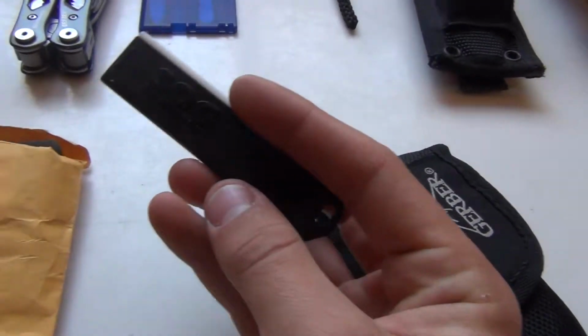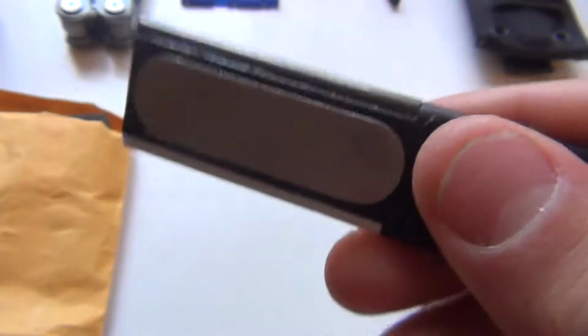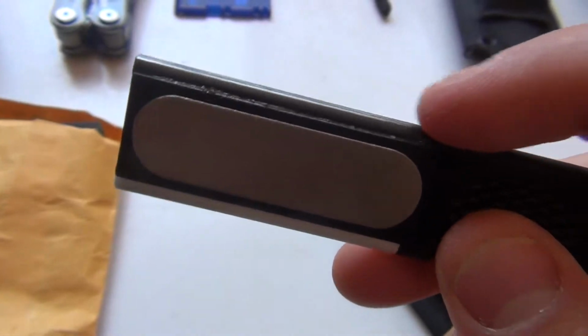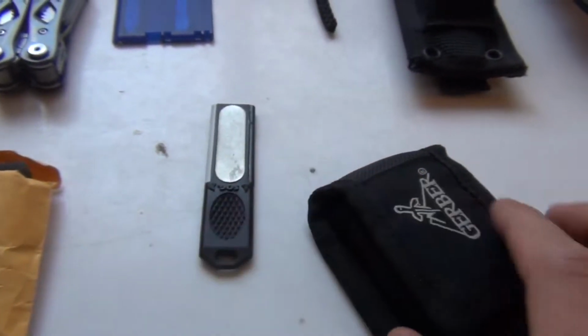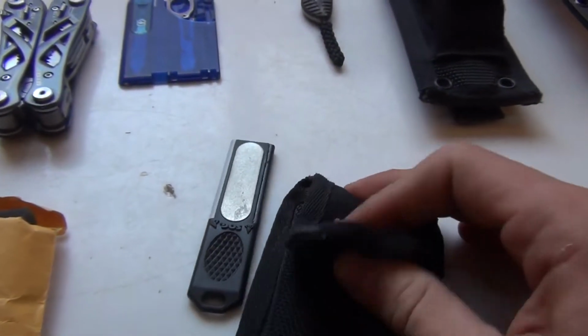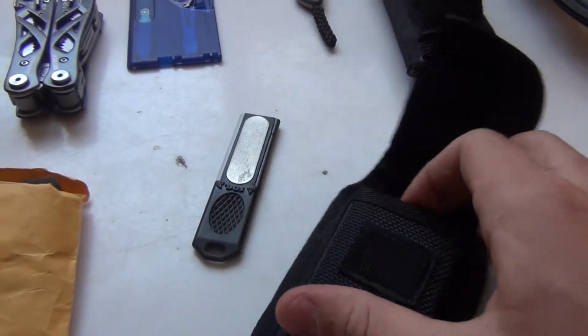This is a SOG pocket sharpener, made in Taiwan. It has a fire steel here and a ceramic sharpening rod here, as well as a diamond file here for sharpening. Inside this Gerber pouch, which is actually where the suspension is supposed to sit, I have a,